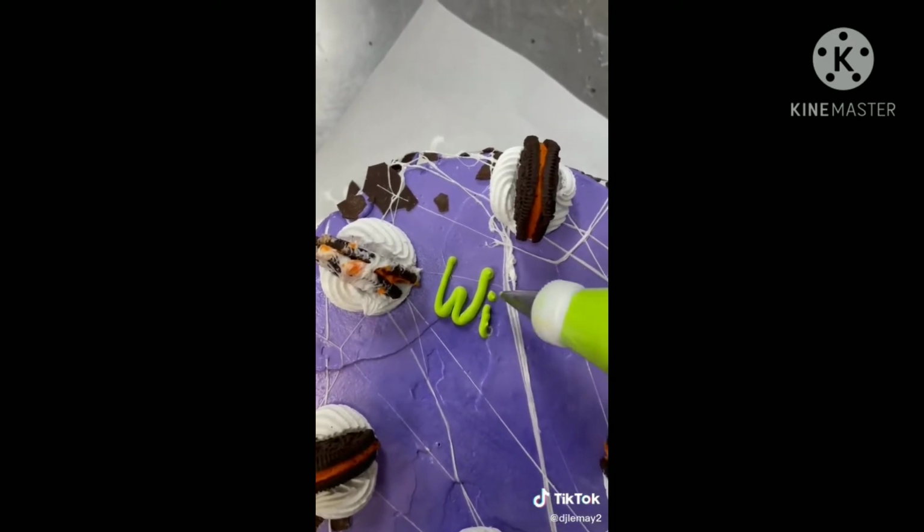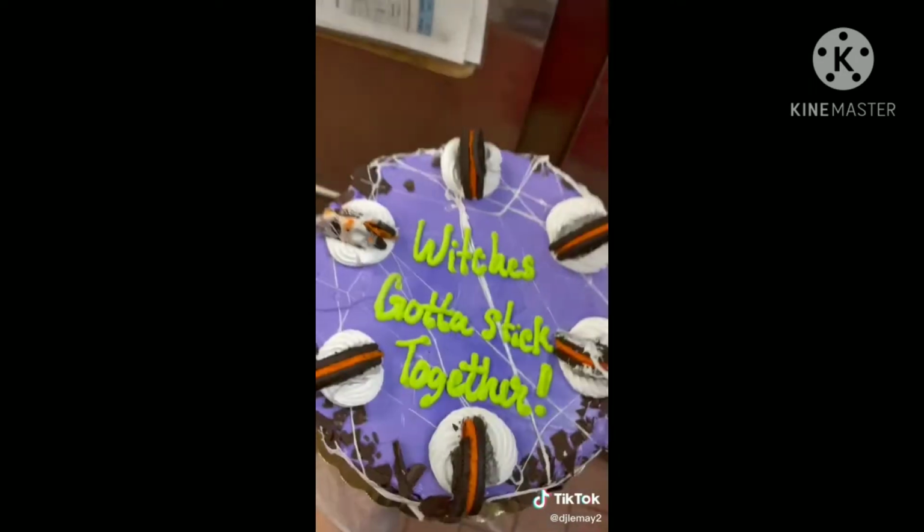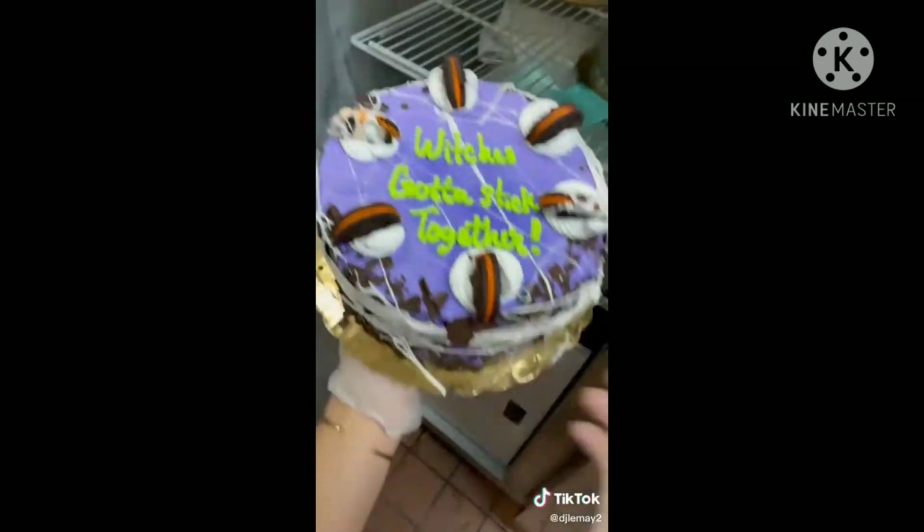Then I made this super bright green and wrote their message in it. Just a fun cake. I'll be sure to post a ton of videos tomorrow. But now it's time to get some rest because...